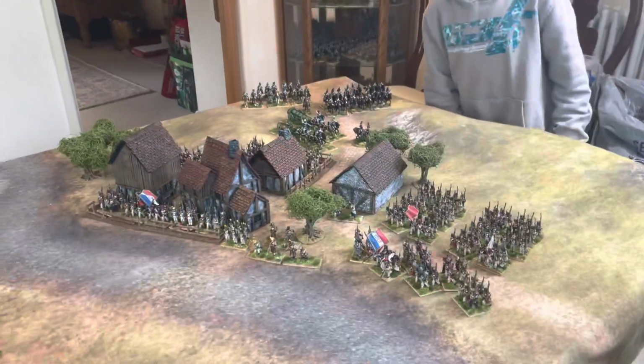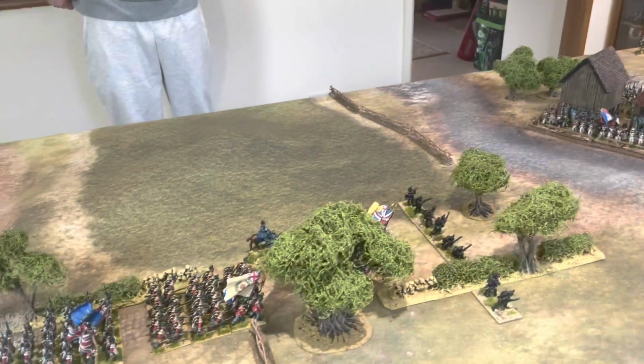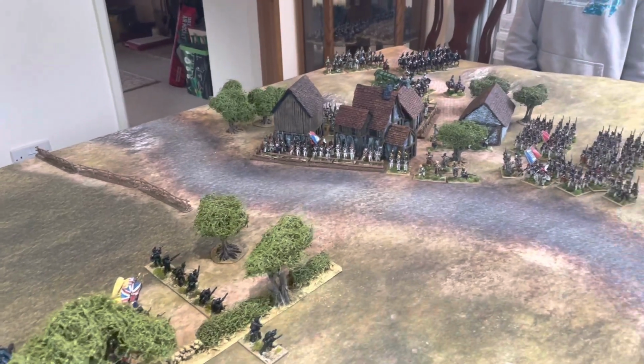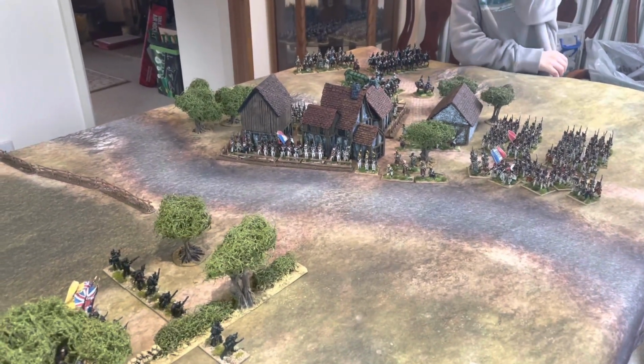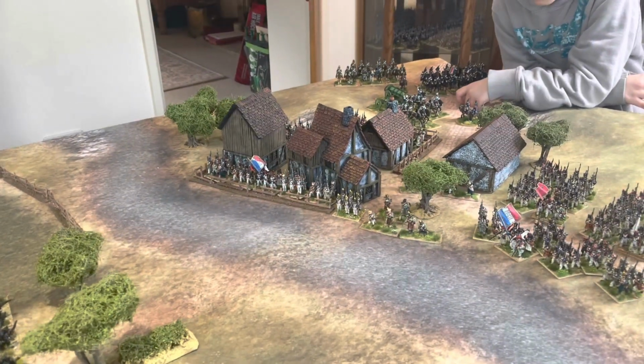Welcome to our latest game. We're playing a small skirmish today. It's set in the Peninsula in 1811. It's the Battle of Arroyo Molinos, and the British have surprised a French force who are occupying this village